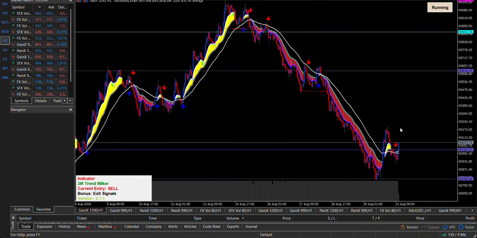If this pullback goes fully, and it breaks out above this particular region, then definitely, guys, it is going to buy more, and of course it will be on a buy trend at that point. But if it does not and it goes back to this support zone, then it is most likely to break out from here and even give us more selling opportunity,